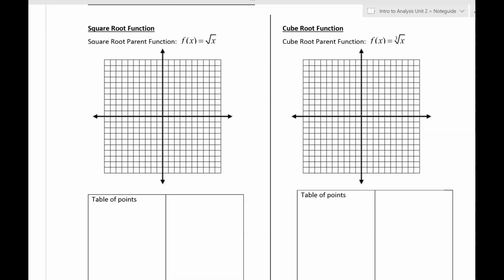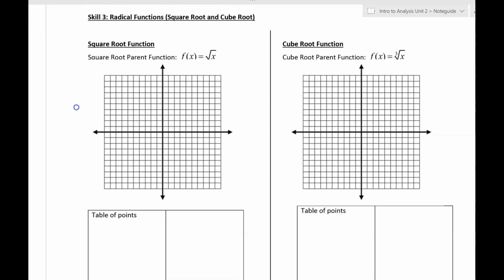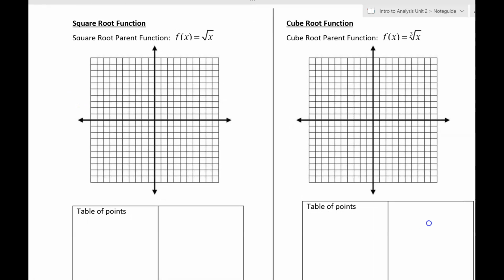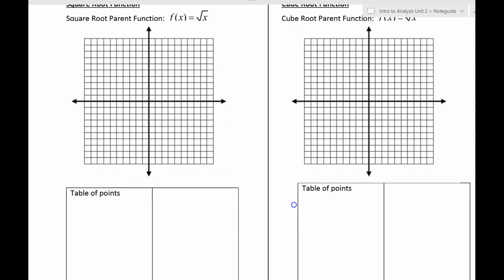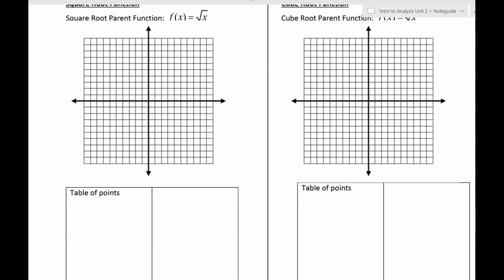All right, so this week's lessons are going to emphasize radical functions. So we're looking at things like square roots and cube roots, but still looking at the same characteristics: the main characteristics of the graph, graphing with transformations, and solving. So for the table of points, for the parent functions here, we still want to use